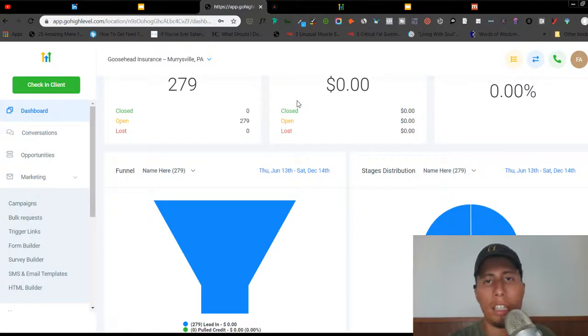We didn't get to set up this part here, so just ignore that. We were only able to click here. We forgot to set up this part here, but essentially what you'll see here is the leads that came in,